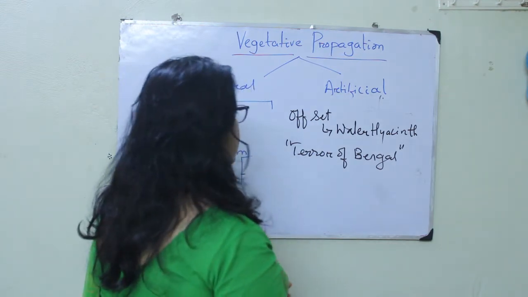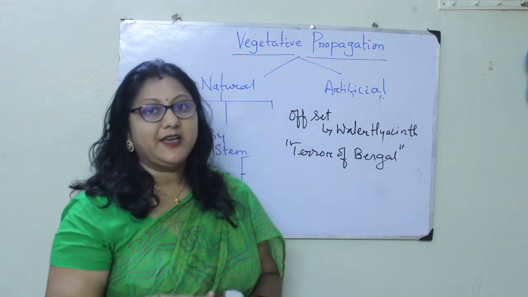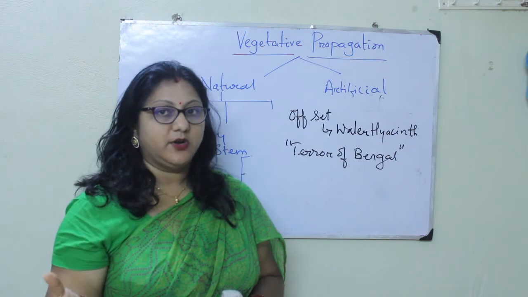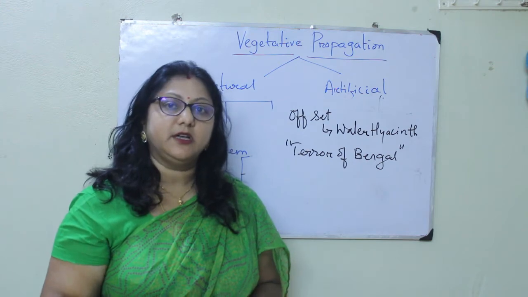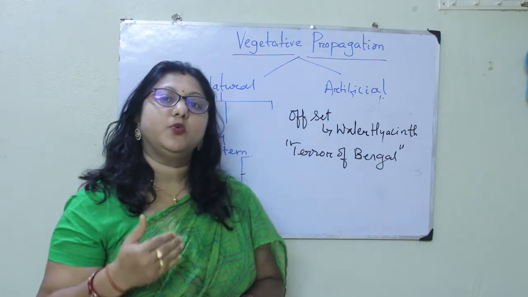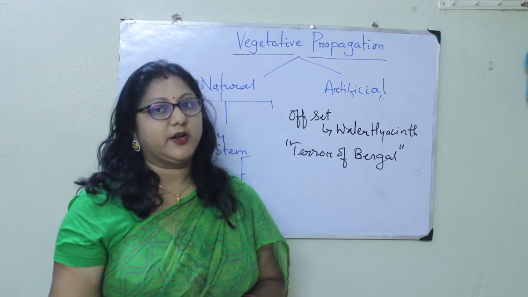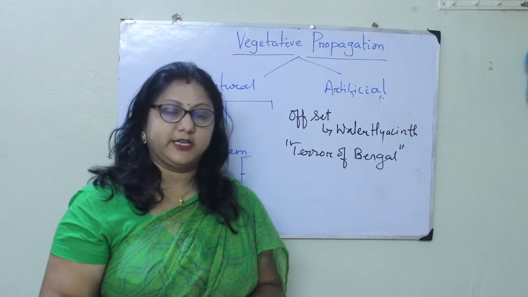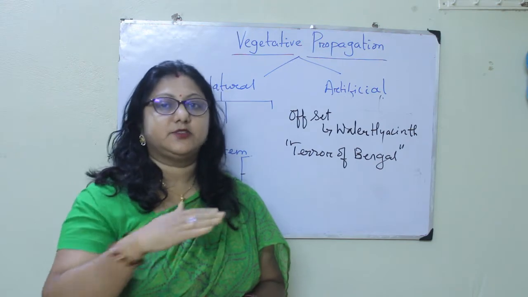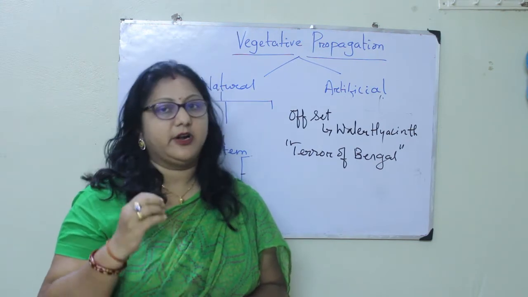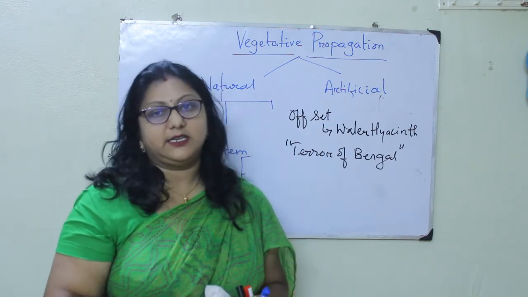So water hyacinth is also called the terror of Bengal for this reason. Why? Because it doesn't allow the dissolved oxygen to form, right? If the surface of water does not come in contact with the atmosphere, there is no dissolved oxygen formation, and if there is no dissolved oxygen, the aquatic organisms will not get it from the water. So this is the reason when the water hyacinth develops on any water body, it destroys the complete aquatic ecosystem, and this is why it is called the terror of Bengal.